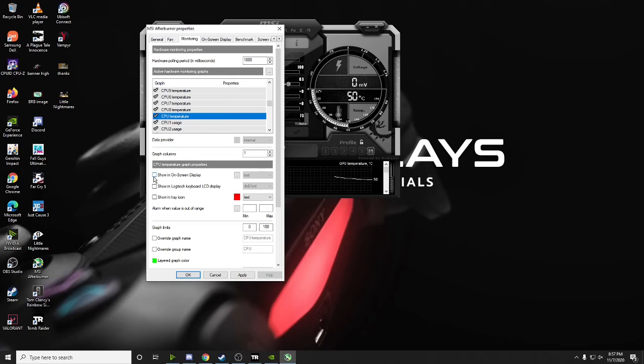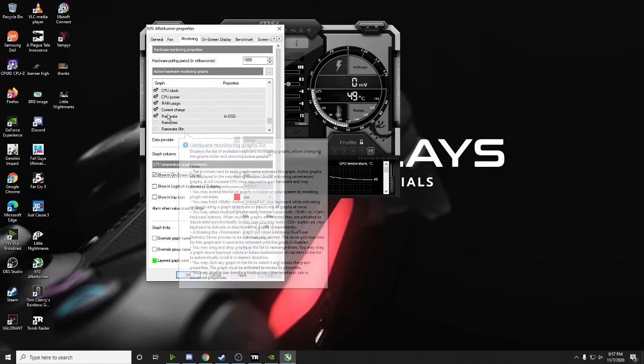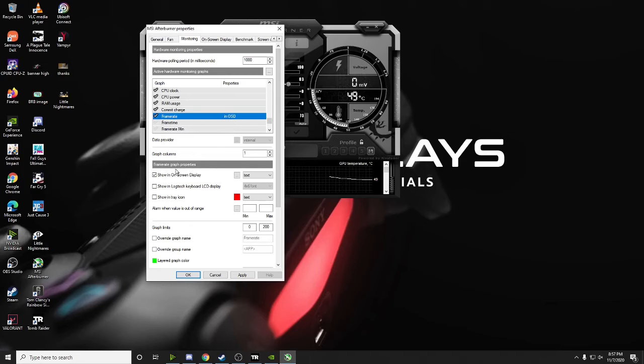But I'm just going to enable only one CPU temperature here instead of all 8 cores. And this is the frame rate, not the frame time. You need to enable frame rate, show in display, apply.